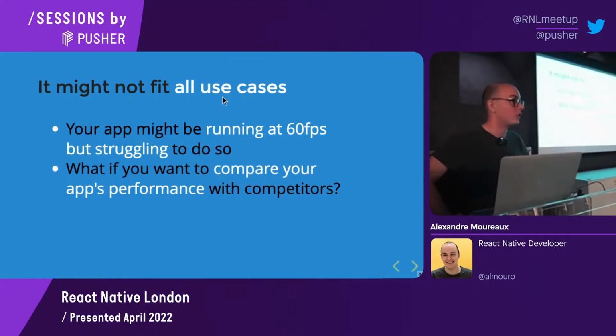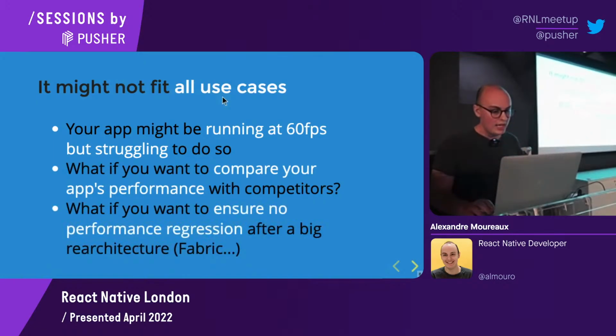So installing Flipper plugins, or even if it's not React Native, what do you do? And also, what if you want to ensure that you have no performance regression if you do a big architecture change? So as I was saying, Fabric changes a lot of things. Actually, it's going to be lighter on the JS thread, but some other stuff might happen. So you might want to check